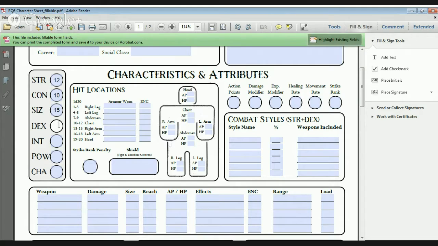Dex, another 3d6. Ooh, okay. Well, all that size has made us kind of slow. So we only got a 7 in dexterity. And intelligence is another 2d6 plus 6. All right, not bad. That's 7 plus 6, so 13. And back to 3d6 for power. I have the power! That's but a 10, so I don't have the power. I spoke too soon. But charisma, maybe we'll have a really good charisma score. Yeah, that's pretty good. So 15 for